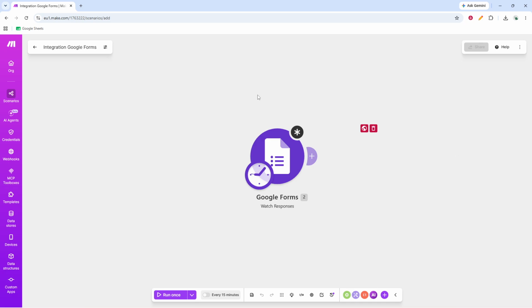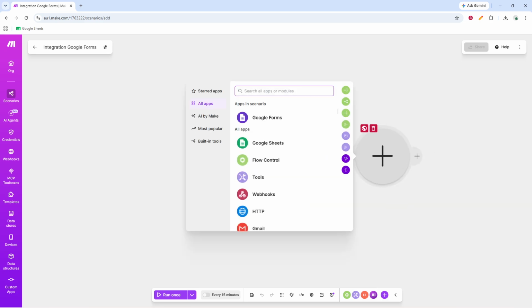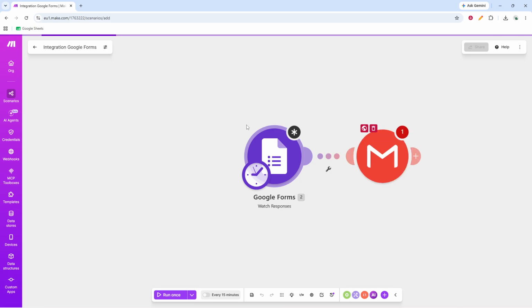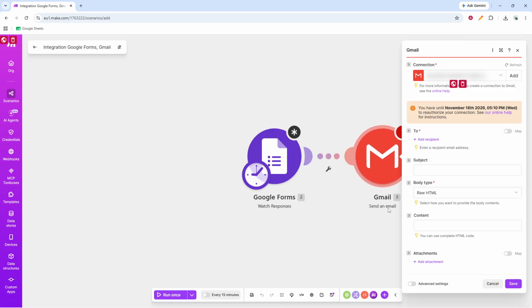After that, add the follow-up actions. Click the plus button next to your trigger module and insert the modules you want to run after a lead comes in. Depending on your workflow, that might include sending an email, creating a task in your CRM, or posting a notification in Slack. You can add one action or several, as long as each one fits the follow-up process